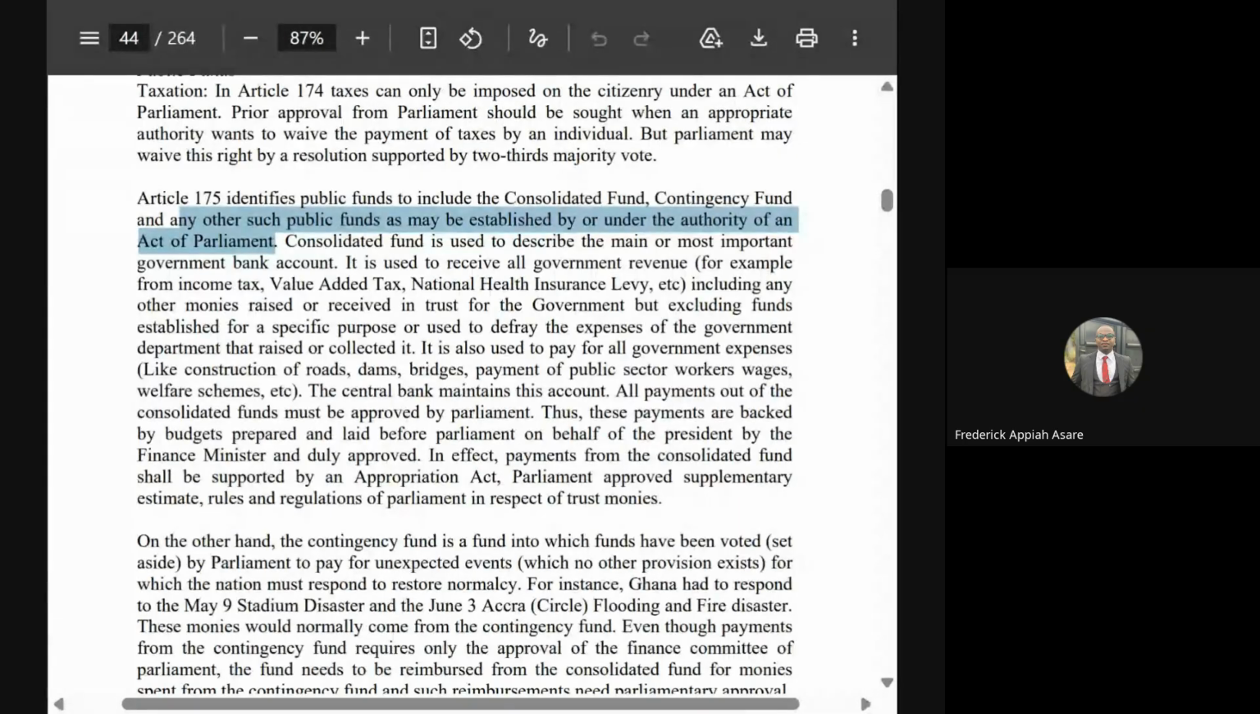So at this, the other funds can be any funds that Parliament will feel, oh, this is okay for us to do, and they want to establish. So for example, during Mahama's first term, he established a fund that we call the Stabilization Fund. He also had a fund that they call the Heritage Fund. The Heritage Fund was the fund that they had